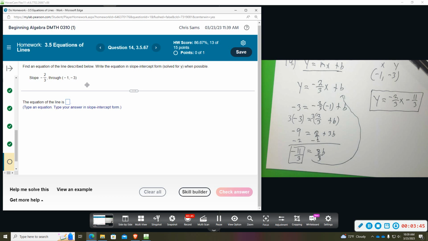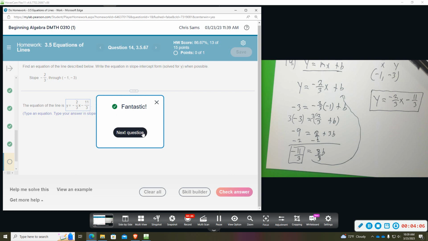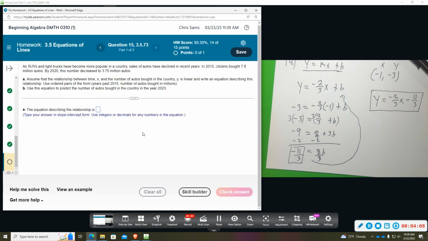So this is one other method that I like to use instead of the point-slope form. Sometimes it's a little bit easier, may not always be, but you have that option if you like that method as well. y equals -2/3 x minus 11/3. All right, and then